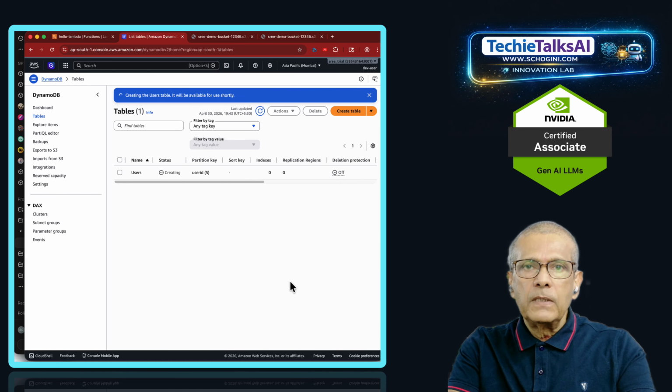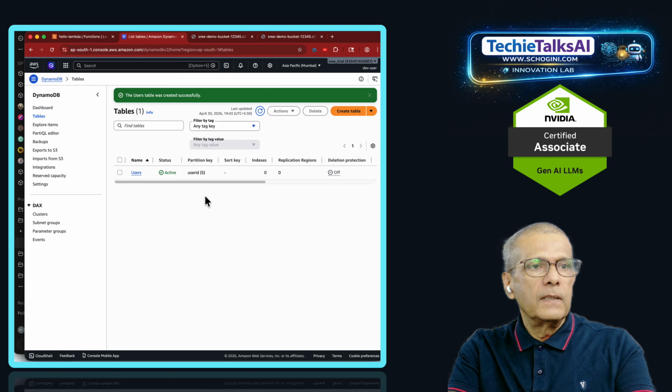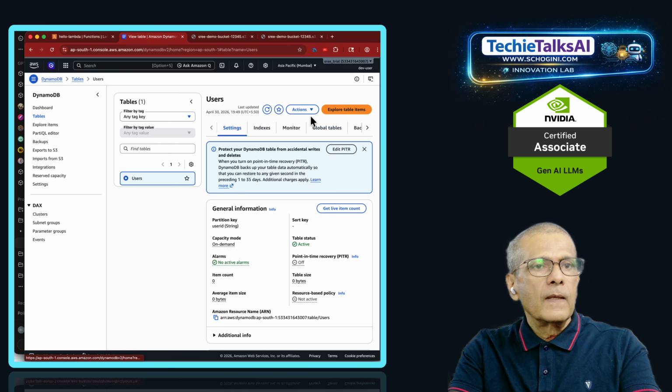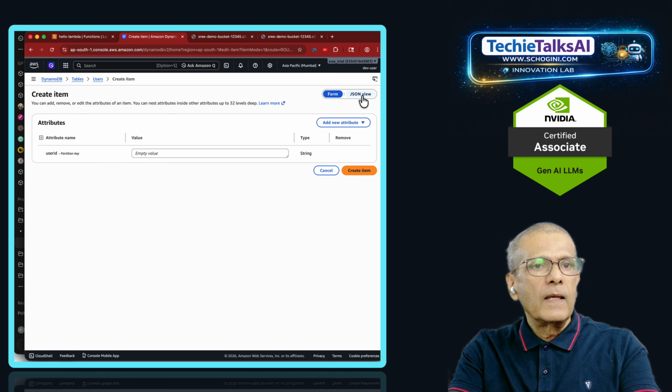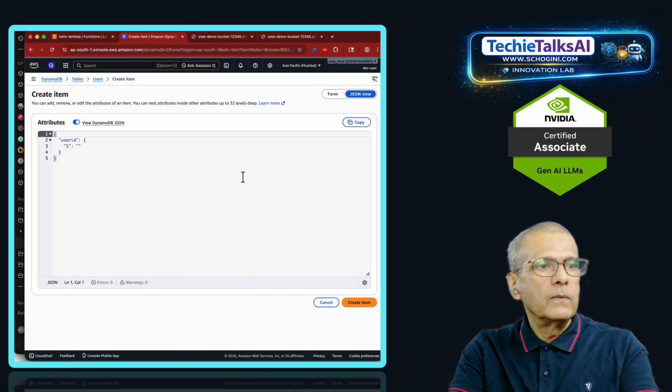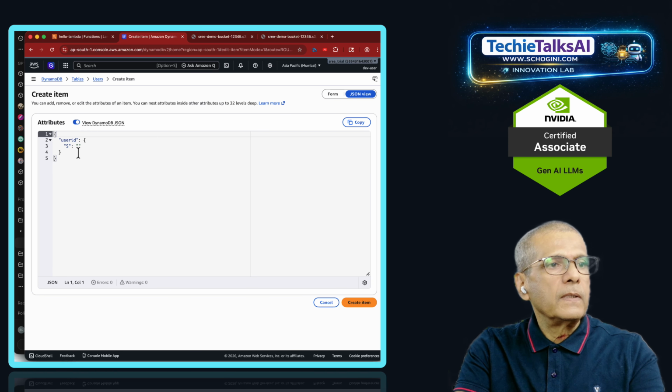So we are creating a table, users, with partition key as user ID. Let's wait for that table to be created and click on the table. And from this menu, click on create item and click on JSON view. So here we have the data to be entered, user ID